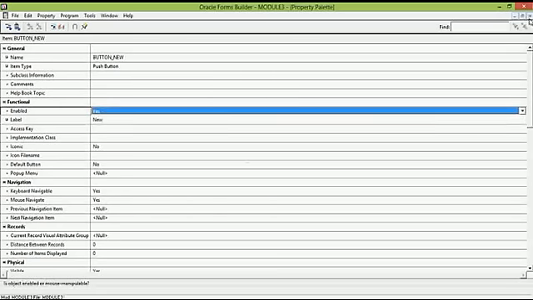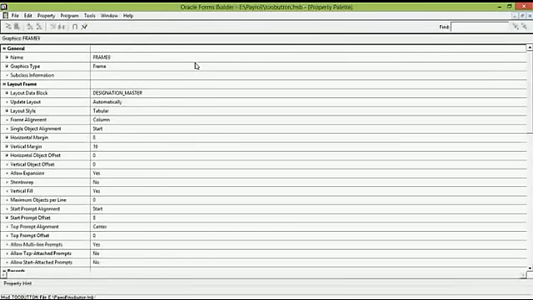Now let us see what is the design output of this data block. Okay, here you can see the layout has been created for the designation master data block. So we will make a few changes, as update layout will be manual.